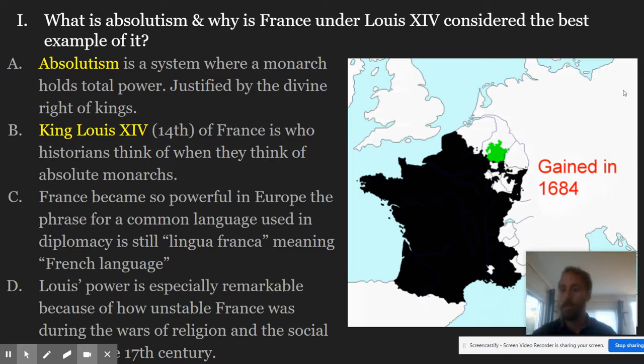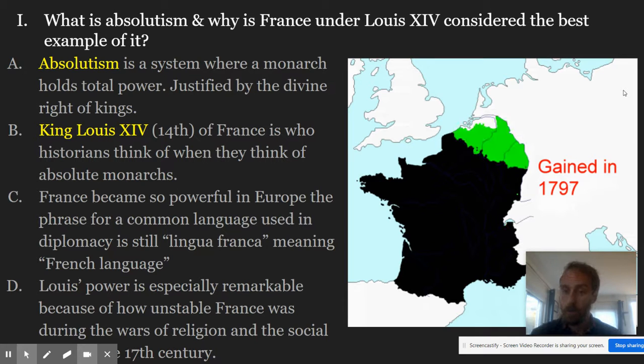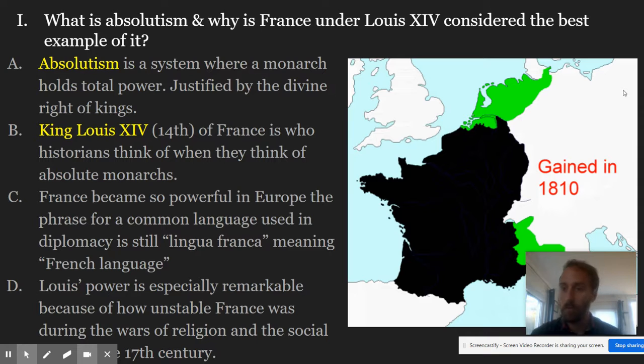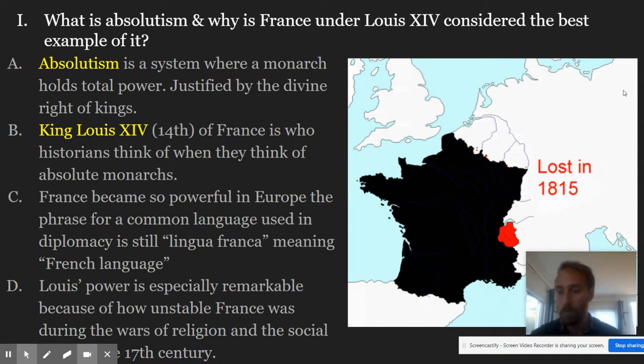So, Louis is considered the best example of absolutism, which is a system in which a monarch holds total power. Like anything, it's really never entirely true. For example, even if this was a fascist state, you would still have control over what was going on inside your brain, right? So, the idea of absolutism is a philosophical question as much as anything else, but